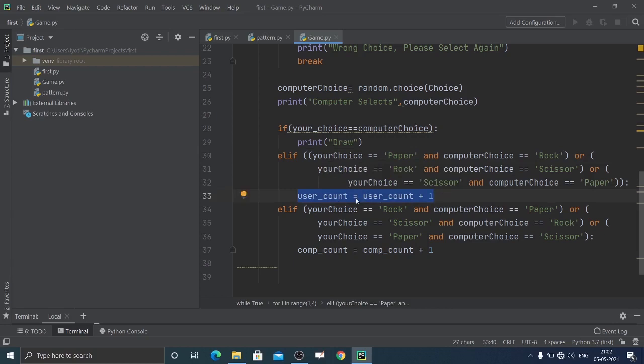Whatever the user score was initially, it was 0. Now we are comparing with three conditions.